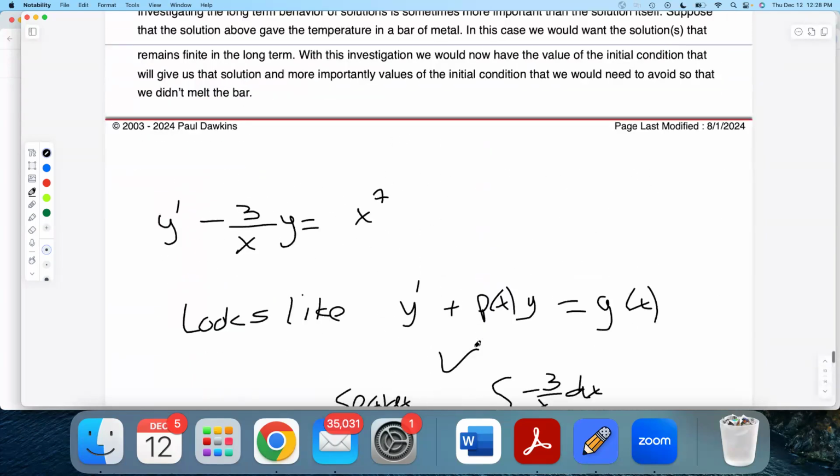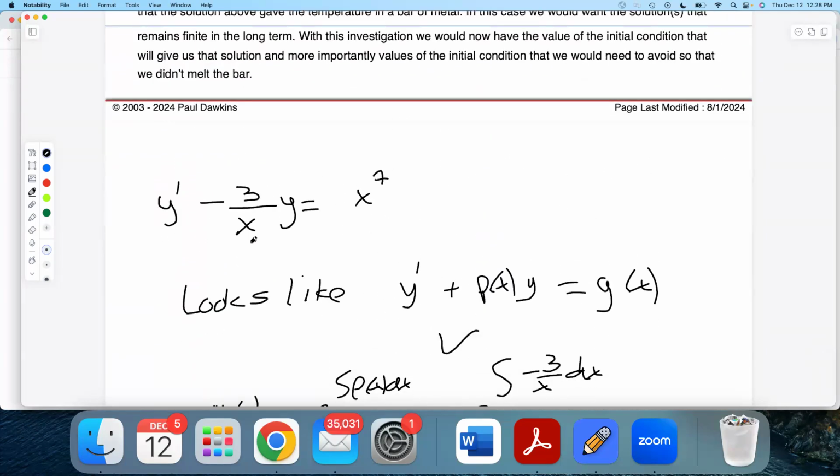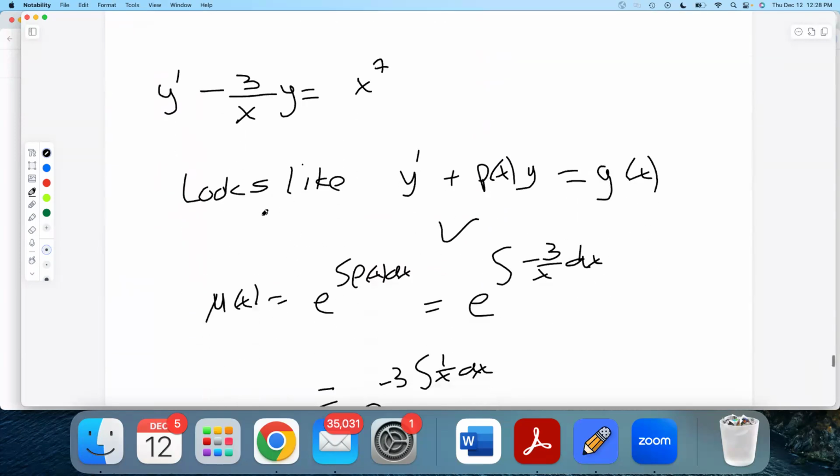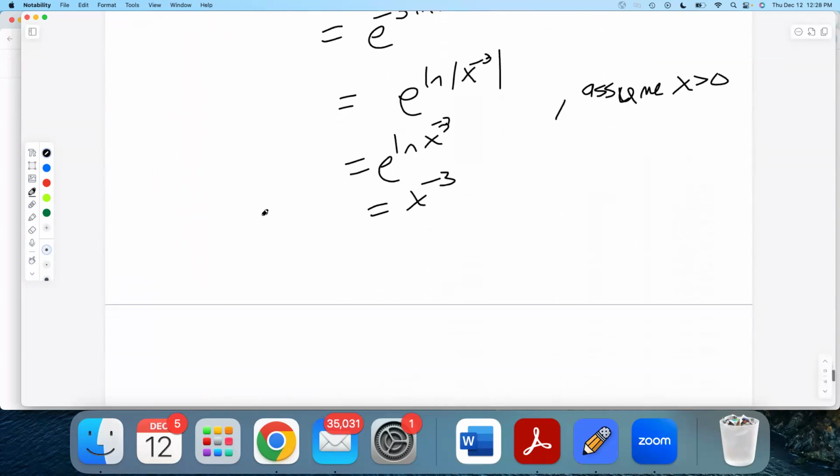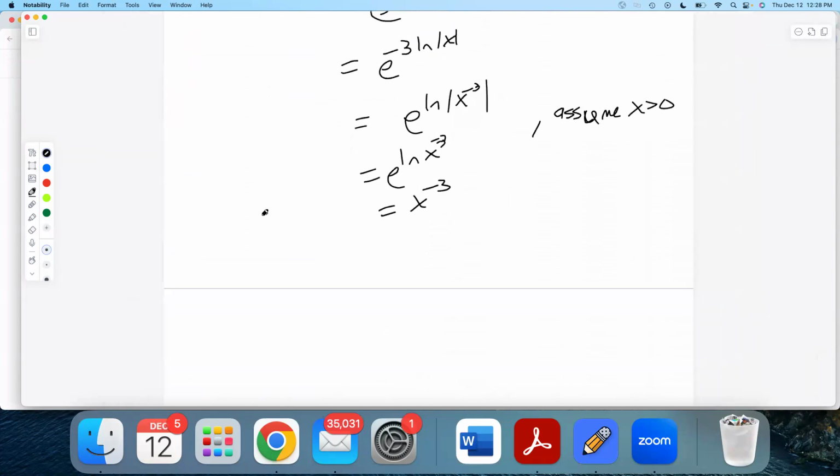Every single time we have a p of x that has this, our integrating factor is going to be x raised to this power. This is always going to happen, as long as that's x to the first. If I had like x squared here, x to the 10th in the bottom, we would get something different because we wouldn't get a log. Okay, now that we got our integrating factor,